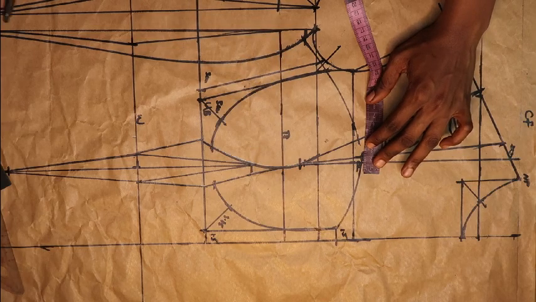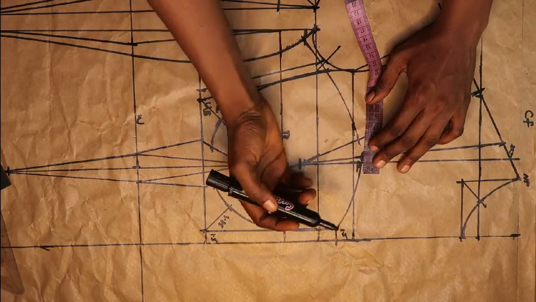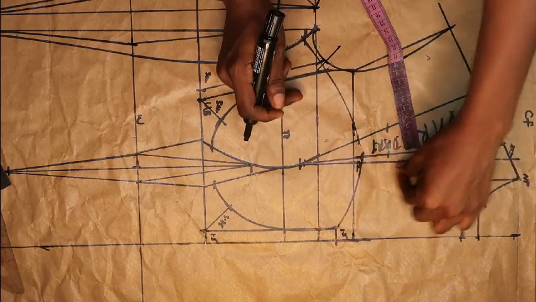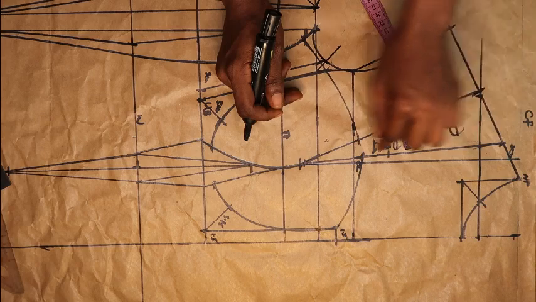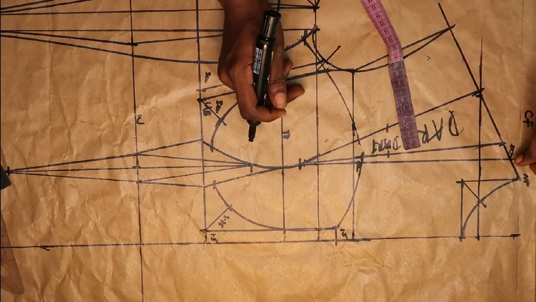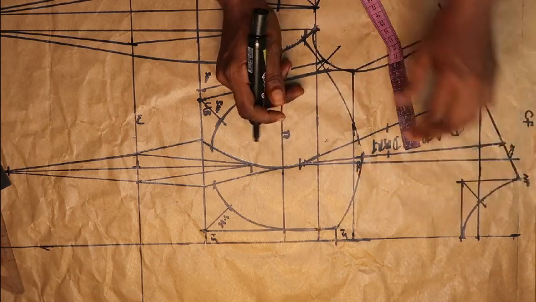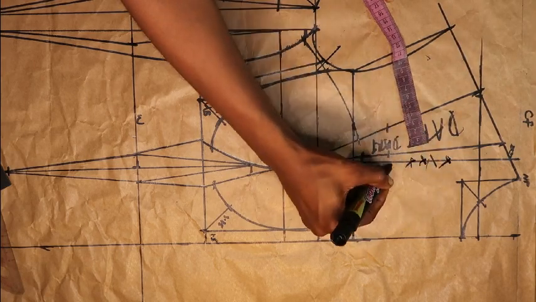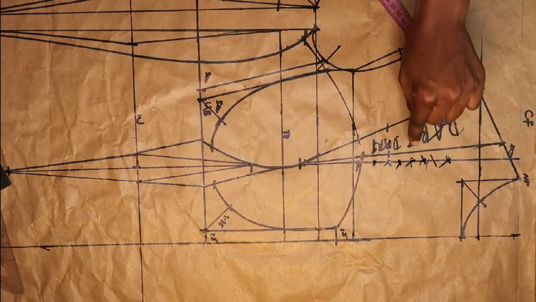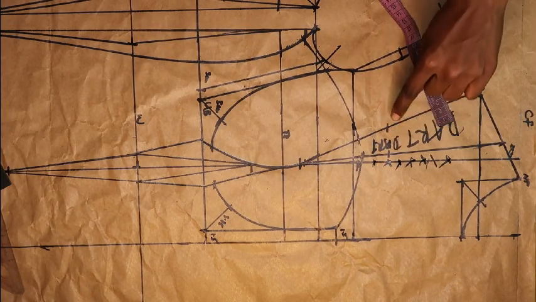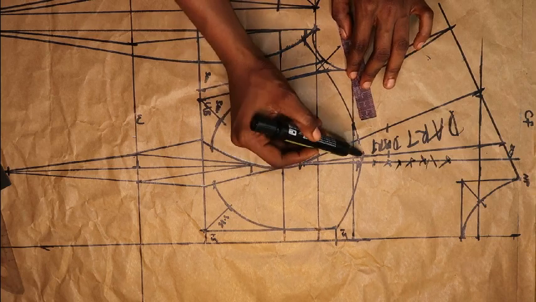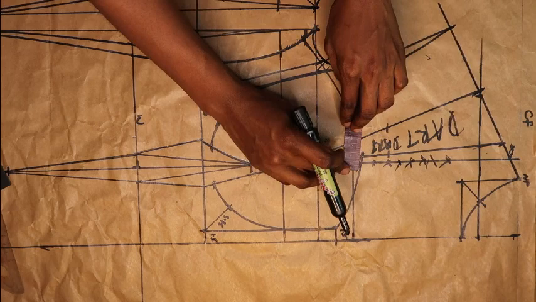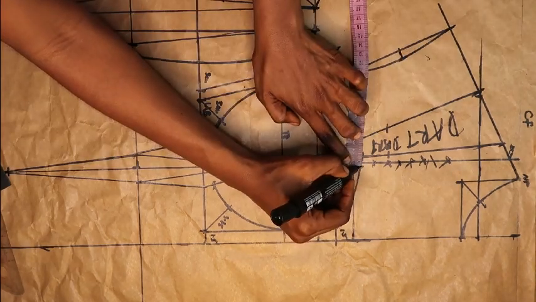You can either do 1 cm or ½ inch. So for me, I'm going to do 1 cm. So you mark from this line. Ignore this line, guys. For those of you who have watched my tutorial on how to draft a Natalie Bray bodice, you understand that this line is useless. It's just a guide. So we don't need this line at all. The line I'm talking about is this line and this line. So from the first dart leg, you go inward 1 cm, like so,